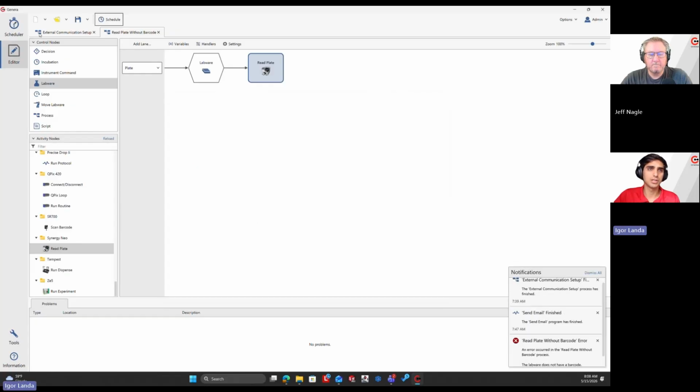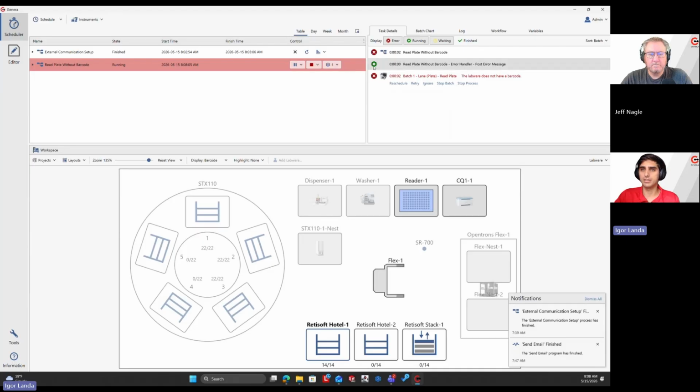But we'll see that if I just go through all these configurations and click finish, an error occurs because the labware does not have a barcode. So this reader in particular requires a barcode for it to run. And now if we go to all of our different